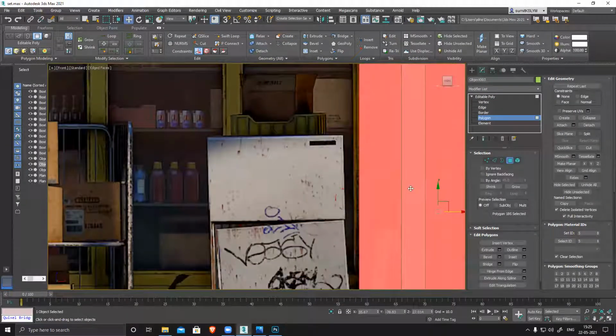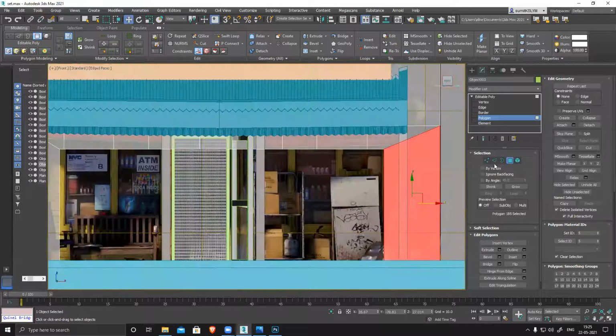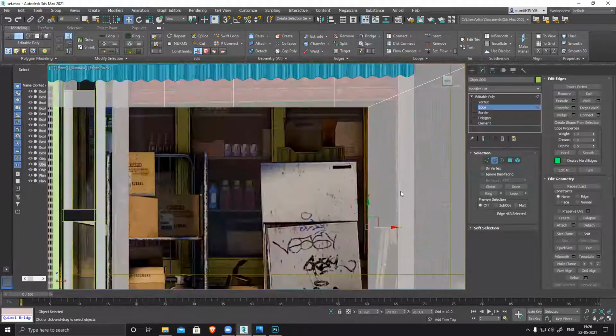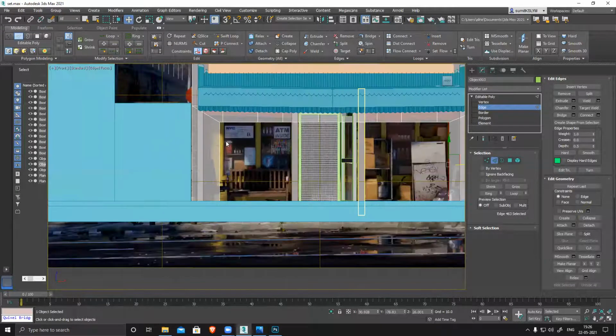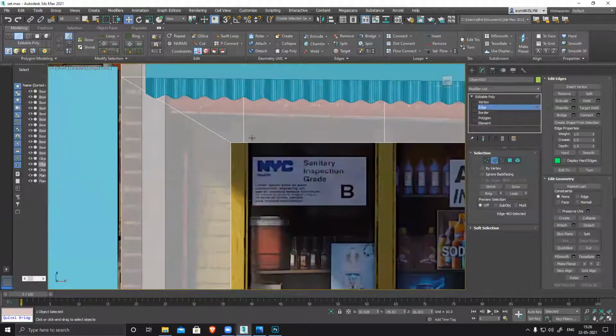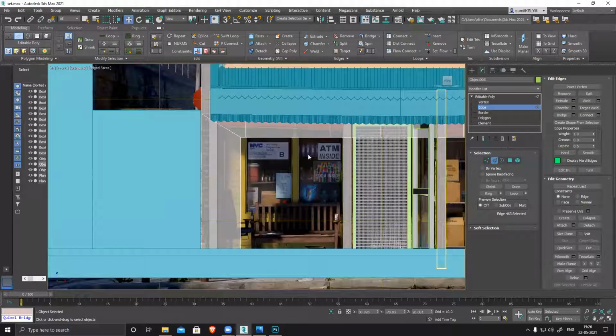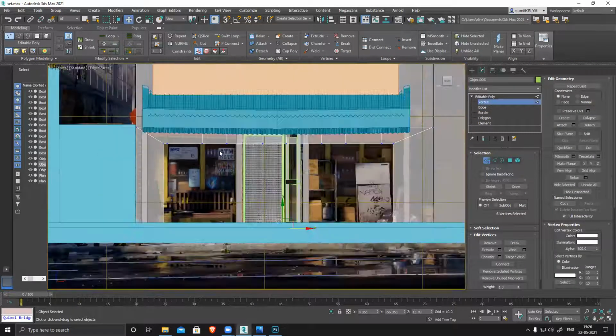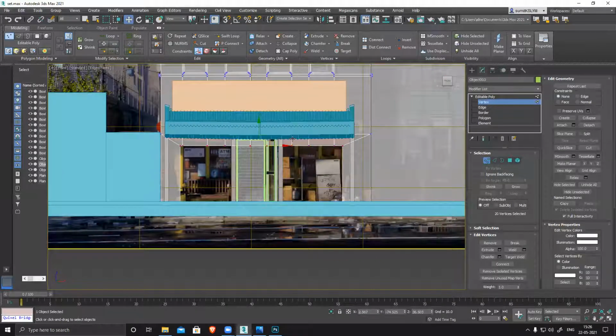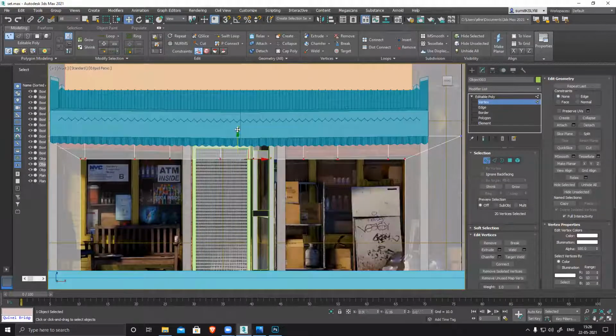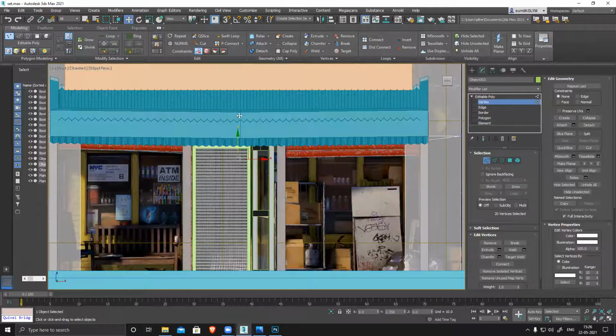This side is already correct. So correct only. Now we have this wooden frame here, and plus I can see clearly this section is not visible. See, this section is not visible, so I have to move it up.